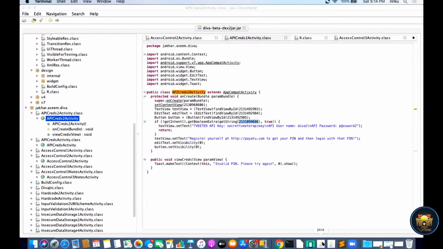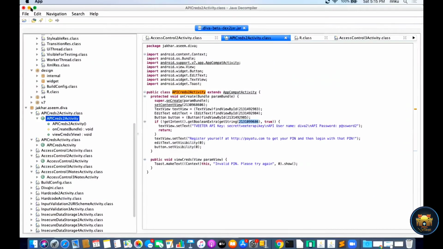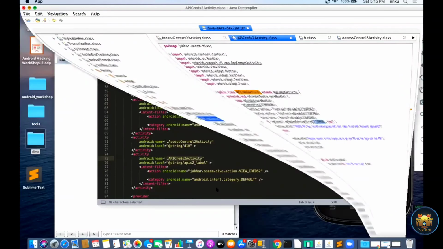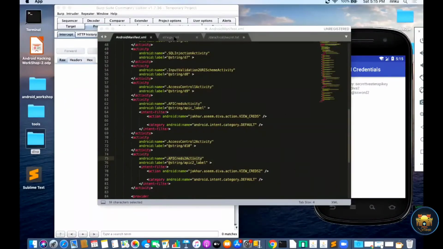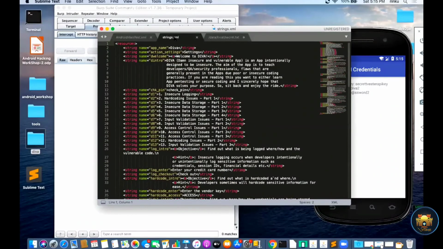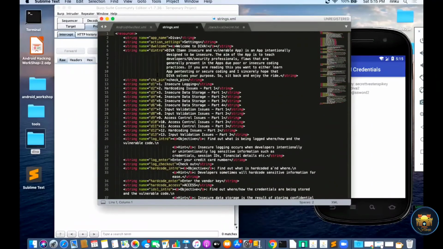So go again into the file. I already opened the strings.xml file. Here you can see at line 12, chk pin is defined as check underscore pin.